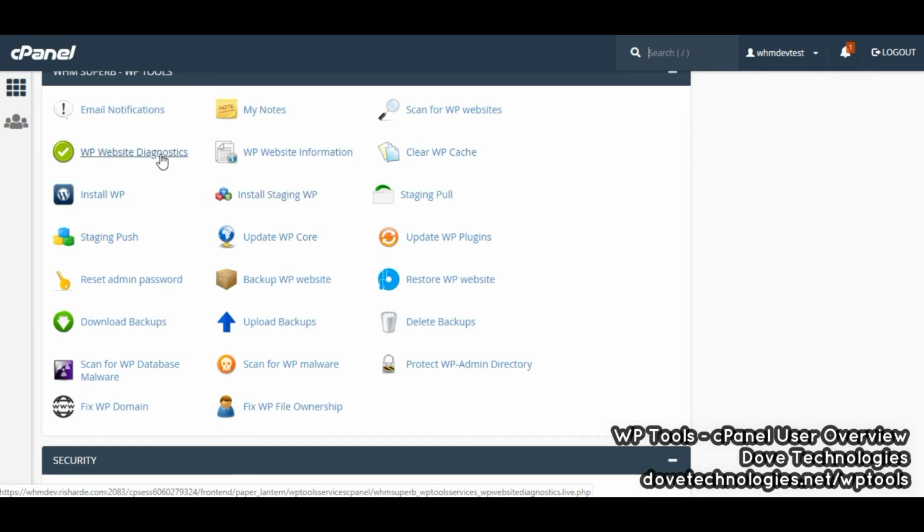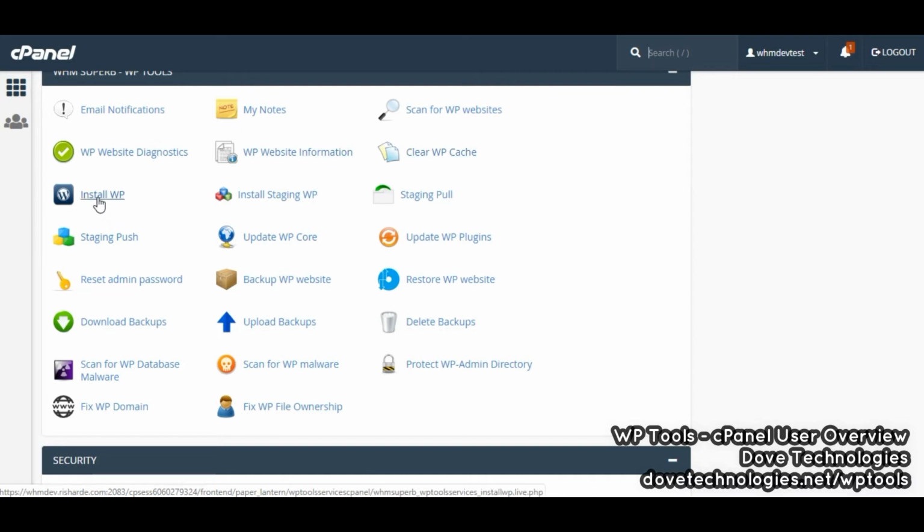WP Website Diagnostics simply gives you information on whether WordPress installations are installed properly, and it looks for, you know, some errors that may come up. So basically it is sort of like a health status for your WordPress, and of course information is very similar as well to that. Now you can actually force updating, clearing of the cache, WordPress cache, directly from the cPanel right here, instead of having to log into their WordPress website and then do the cache clearing. You can actually do cache clearing from here.